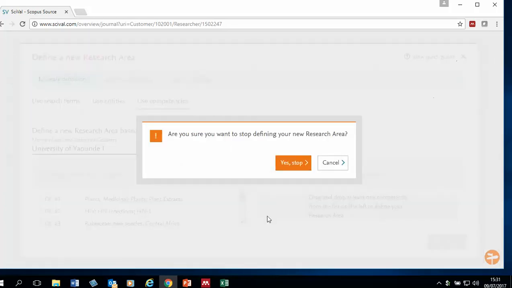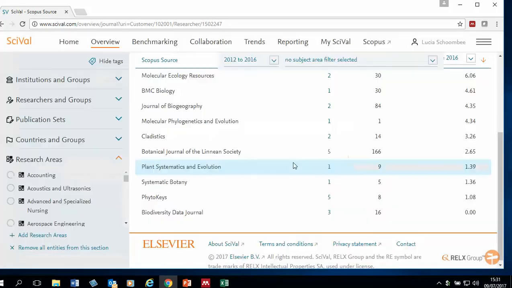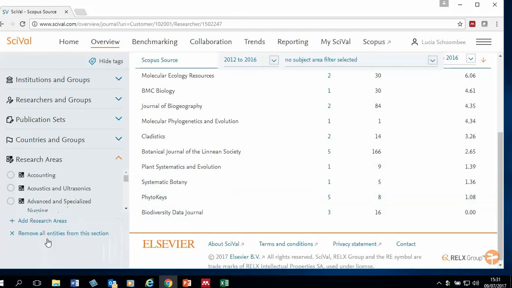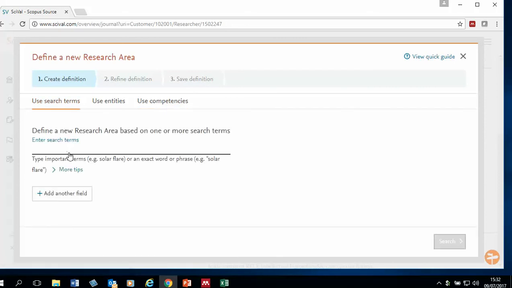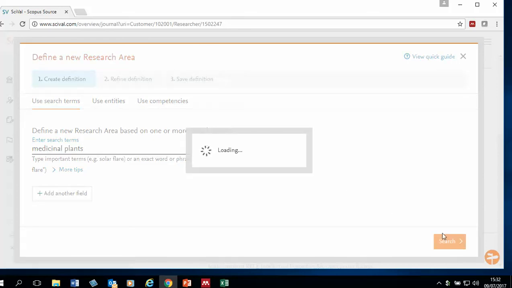But I want to just go back and, as an example, add a research area that we define ourselves using search terms. So let's use an example. I'm going to stick with medicinal plants. It's just an example. So you type your keywords that you want to use,